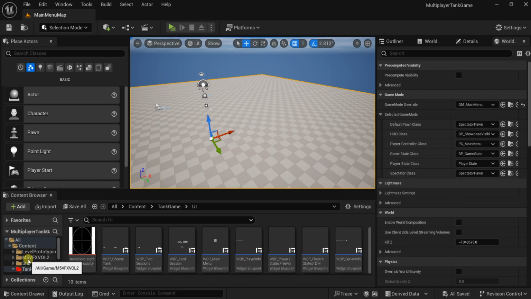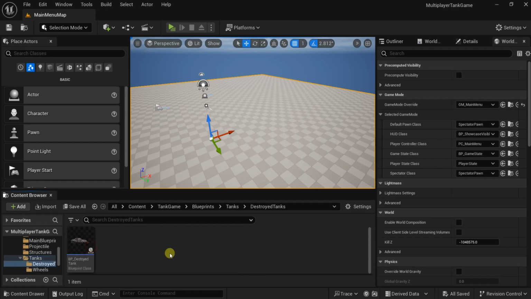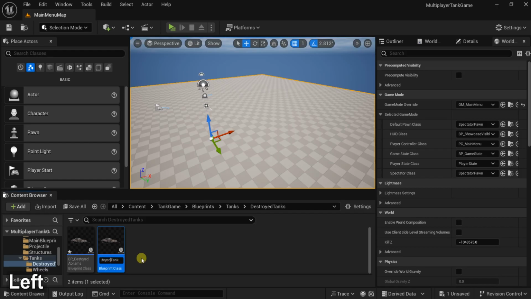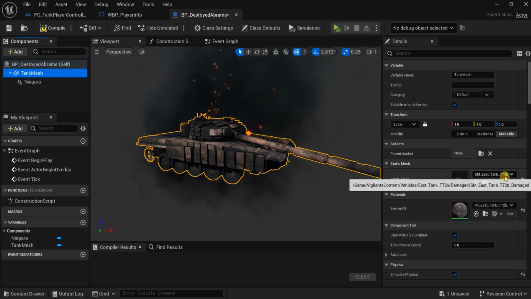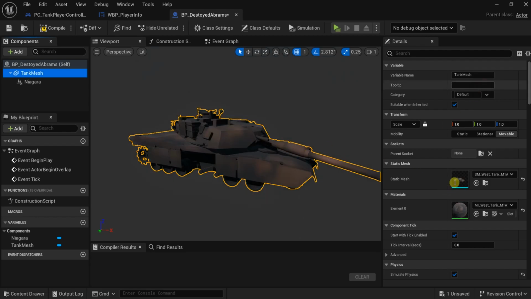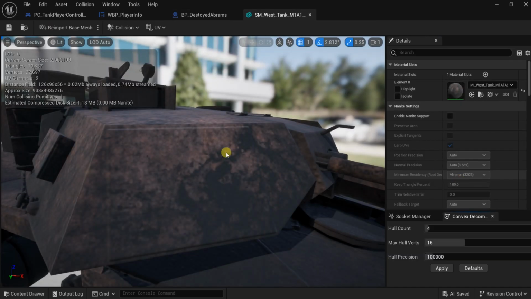Let's go back. The blueprints, tanks, destroyed tanks. Here let's duplicate this one. Destroyed Abrams here, and this one I'll call it destroyed T72 tank. Here on the Abrams, let's open it and change the tank mesh. Abrams, and let it load, compile, and don't forget to check if it has collision enabled,